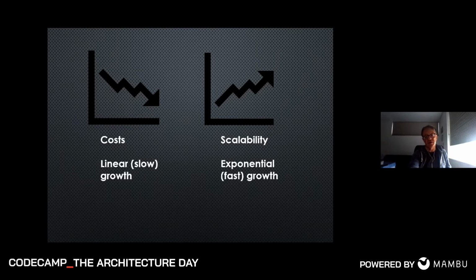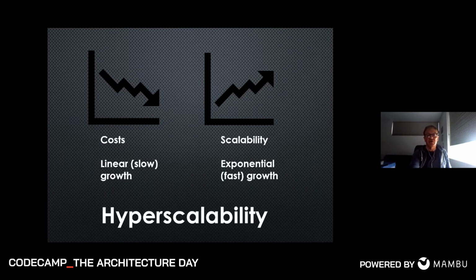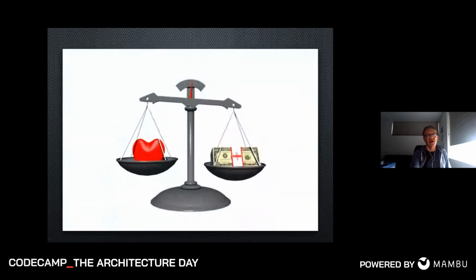But again, this isn't really the topic of this talk. What we call these systems that can grow exponentially, but the cost scales linearly, are hyperscalable systems. It means we can keep growing our load forever and ever, and our costs are still manageable and predictable. And as I'm sure you can imagine, this involves trade-offs.